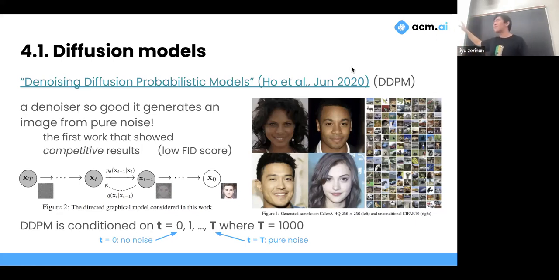But this is the first-ish work that showed that this is possible, aka this is going to maybe have the potential to beat generative adversarial networks. Because in 2019, 2020, if you come up with a way to beat generative adversarial networks at generating images, you've done a really big thing. And that's what Jonathan Ho from this paper and also Yang Song from a previous paper in 2019 have managed to do. And the key is this. Oh, by the way, in this case, competitive results, low FID score. FID is what people used back in the days, and they still use it today, to measure how well a model is able to generate images.